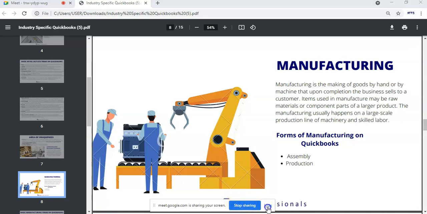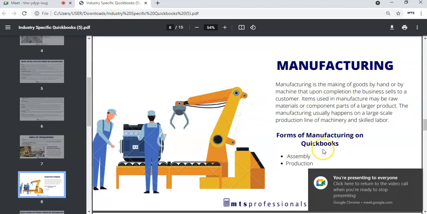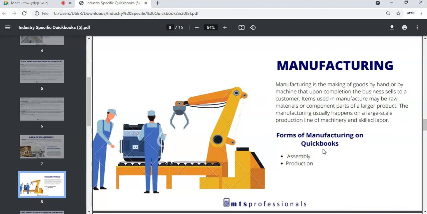Okay, great. So like I said earlier, we have two forms of manufacturing. Earlier on, I was trying to explain the assembly. That basically the assembly is a kind of setting where we just bring down different raw materials and assemble them into one part, right? An example of an assembly is those that produce cars. They get all of the raw materials and just fix them together, assemble them to become a finished product. You bring in the door, you bring in the engine, the seat, and all of that, and assemble together to